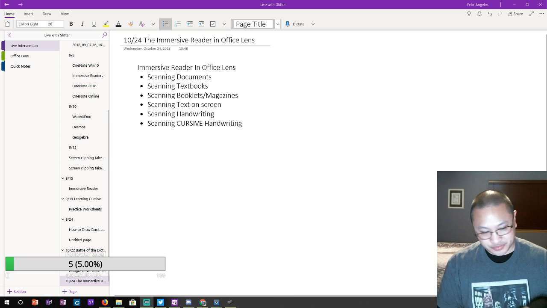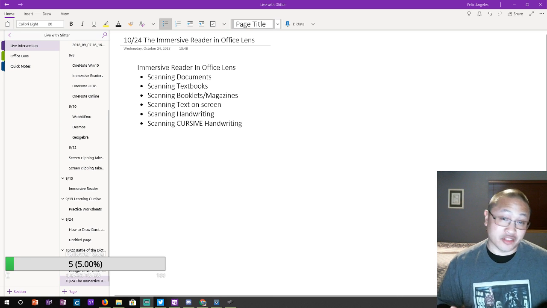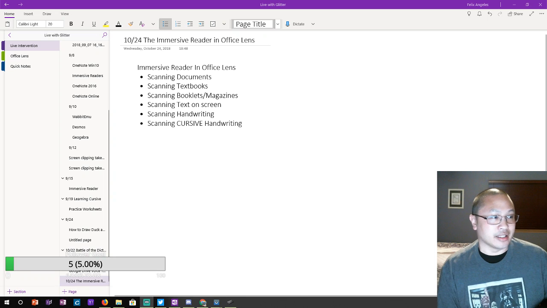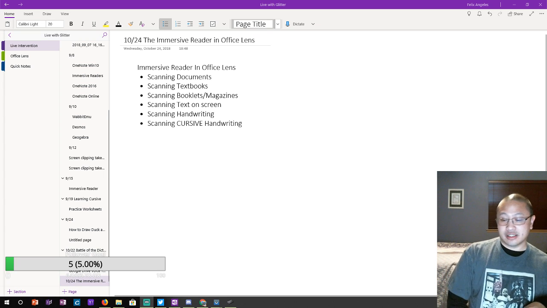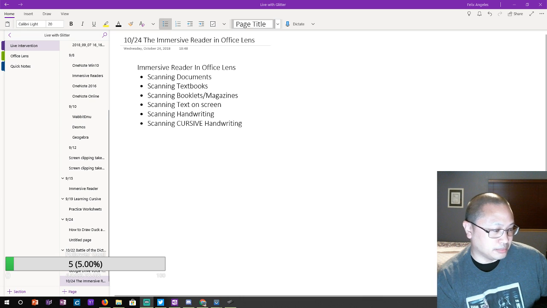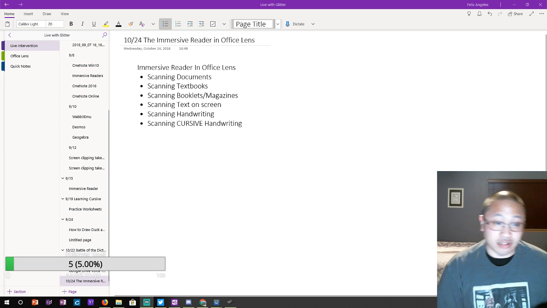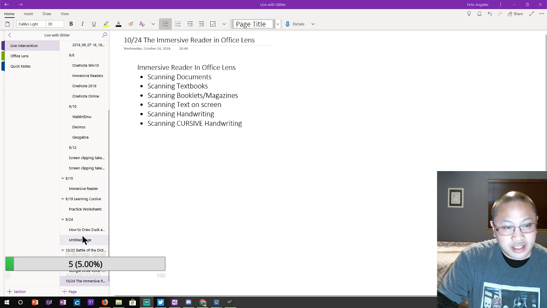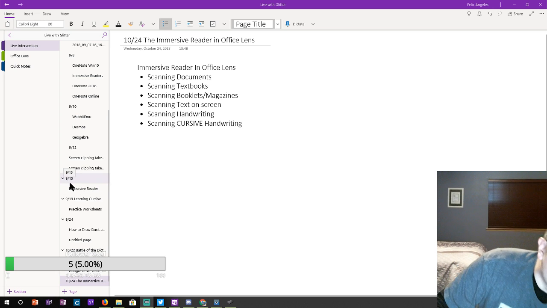I have some really exciting news that came out of the Microsoft world, and it's not entirely new to folks that had iPhones using the Office Lens app in iOS. It's certainly as exciting for people on Android. I think these updates came within a couple of weeks of each other. But the immersive reader, which I've covered in previous streams, let's take a look